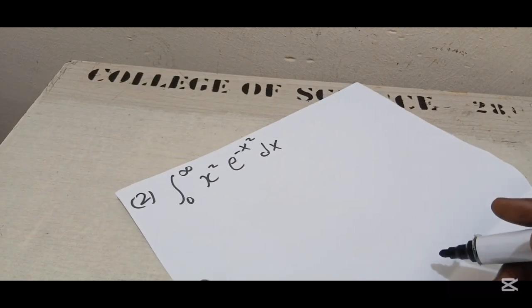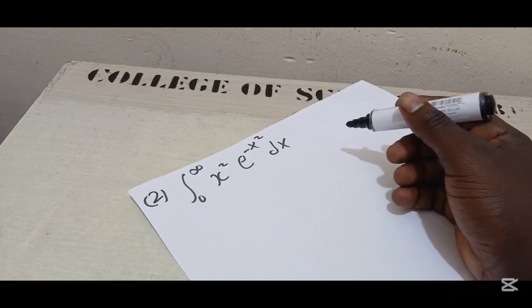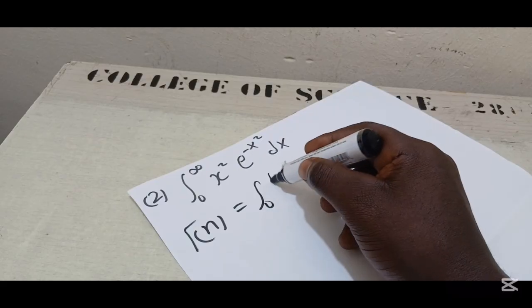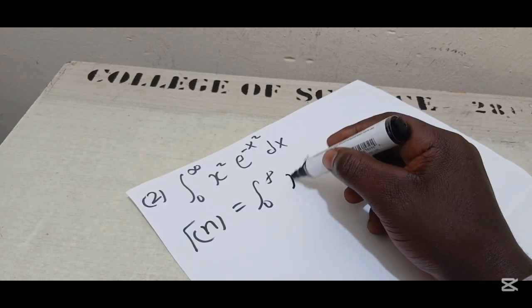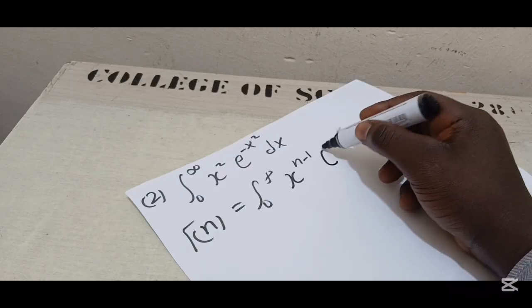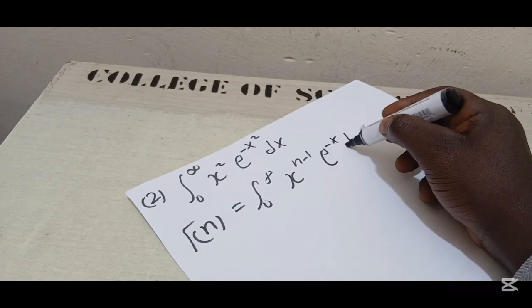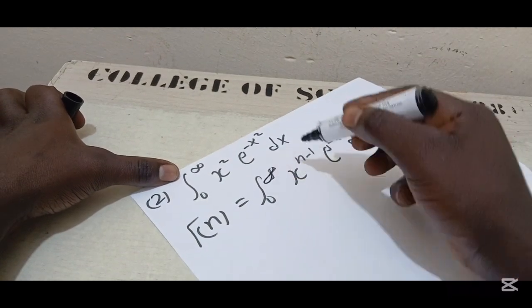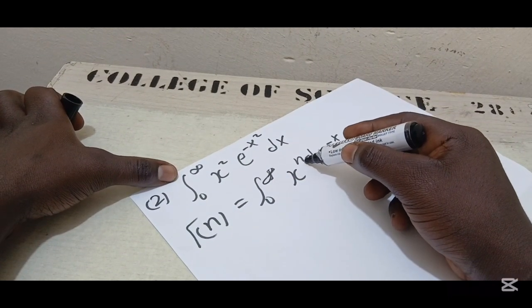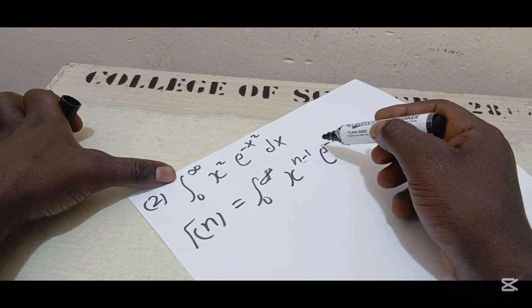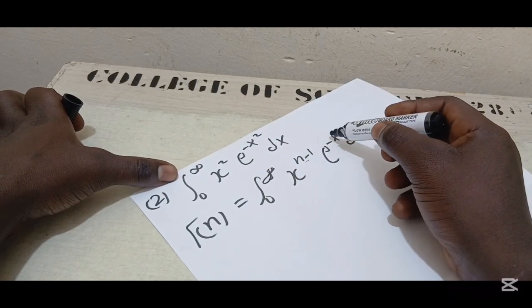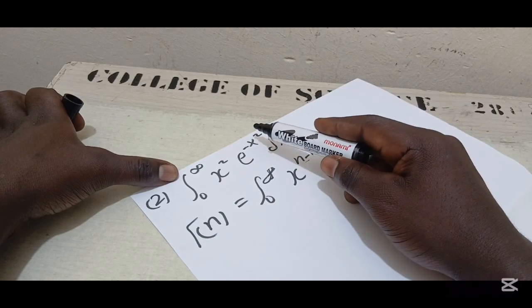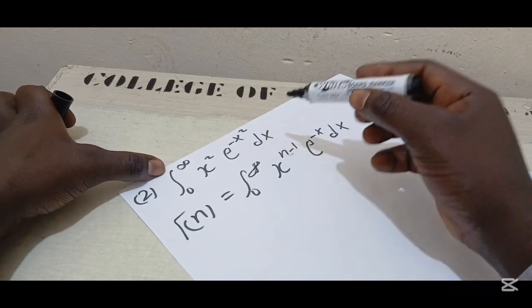So question number 2, like we did earlier, our main focus is to compare this to the general gamma formula, 0 to infinity x to the power n minus 1 e to the power minus x dx. But in this case, we can't just go ahead and equate the powers of x right here and solve for n, because the exponent of e here is not in the form of minus x. We have something attached to it, so we just have to do something, and this is using the substitution method